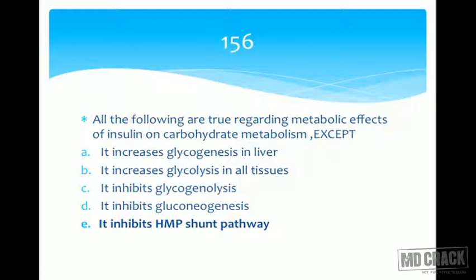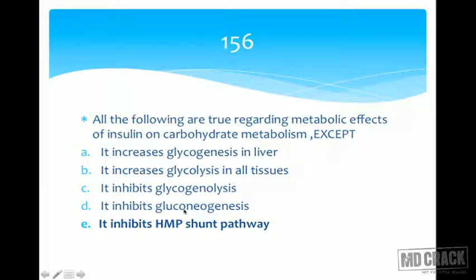When glucose is adequate, it sees to it that all the tissues can use glucose, especially the extrahepatic tissues like skeletal muscle, cardiac muscle, and adipose tissue, where more and more glucose transporter 4 goes to the cell membrane, and more glucose enters the cell. Glycolysis is the preferred pathway in all the tissues due to insulin. It inhibits glycogenolysis. Yes, when enough stores are there, why would you want to release glucose from glycogen? So this prevents futile cycles.